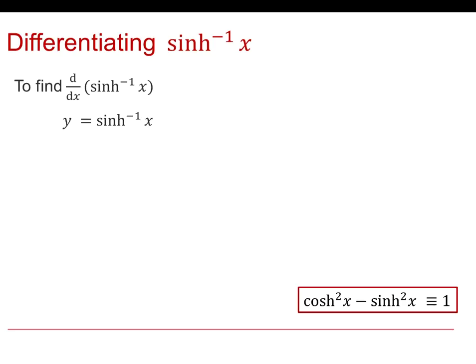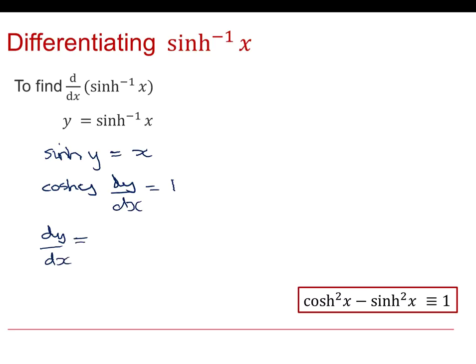If y equals sinh to the minus 1 of x, then we can take the sinh of both sides and say that sinh y equals x. We then use implicit differentiation, which we'll have done in A-level maths. So differentiating that would give us cosh y dy by dx equals 1. Rearranging would give us dy by dx equals 1 over cosh y,